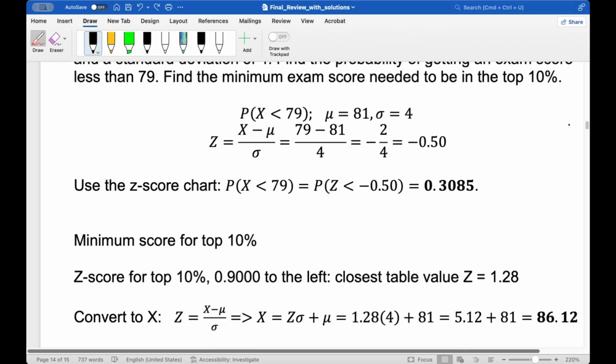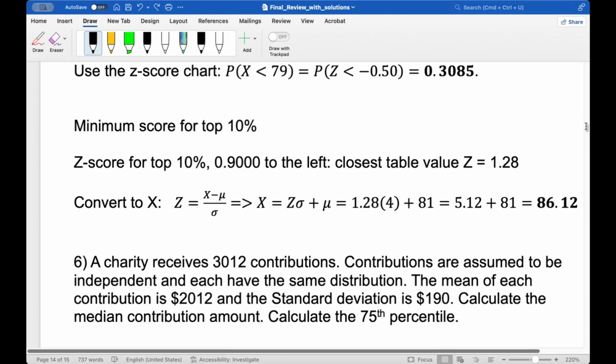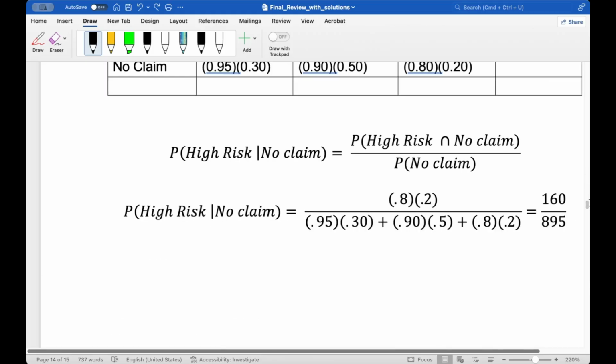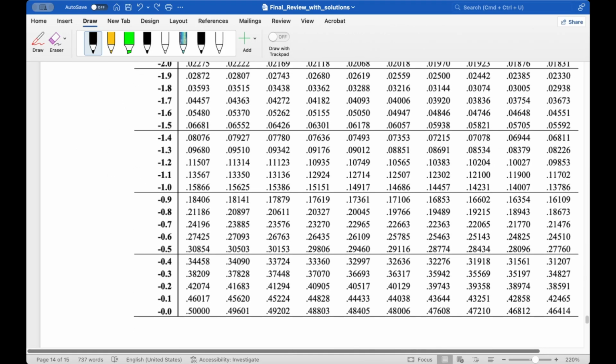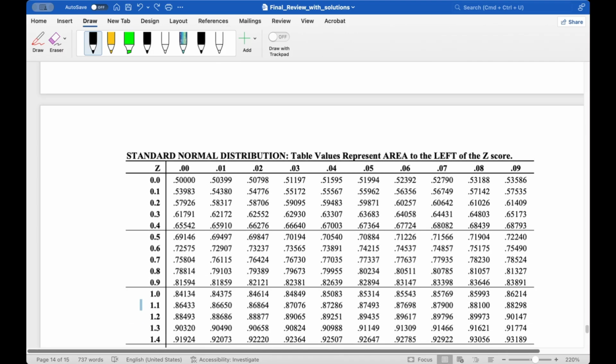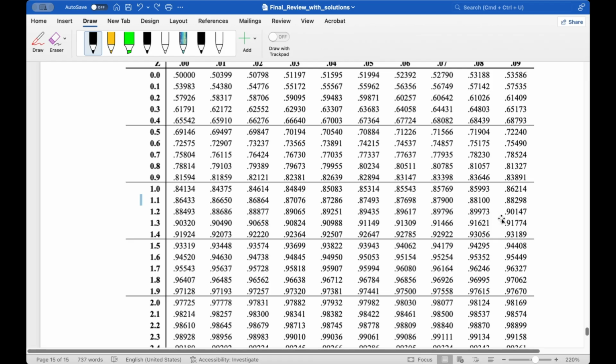And then in the second part, they wanted the minimum score for the top 10%. Top 10 is 10 on the right, so it's 90 on the left. The table value is giving the value to the left. We're looking for the closest thing to 0.9000. So we're looking at the body of the table this time, and it's going to be on the positive side. The closest thing here is